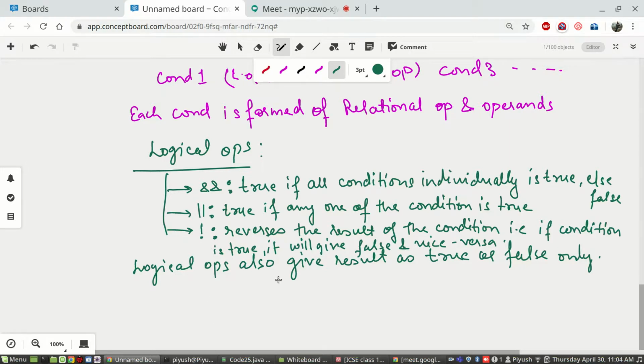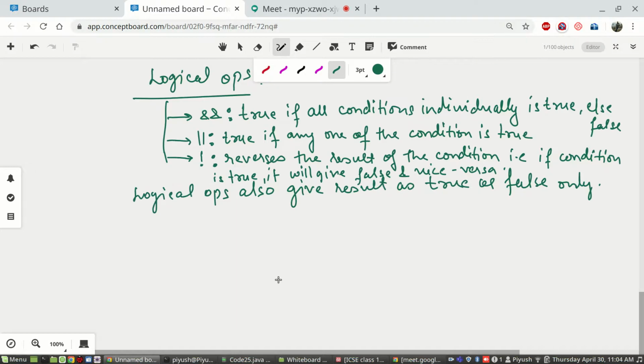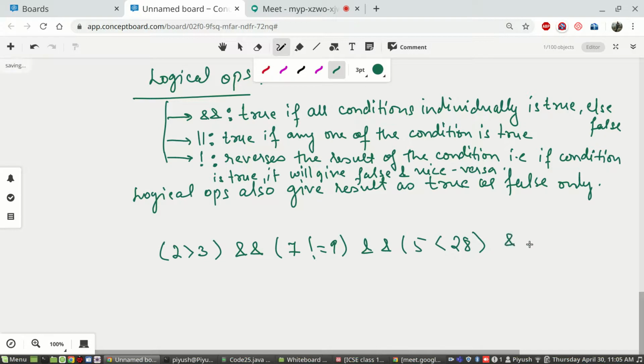Now let us check what we mean by that. Let us say we have 2 is greater than 3, and 7 is not equal to 9, and 5 is less than 28, with ampersand. This symbol is known as ampersand, and this operator is known as logical AND.